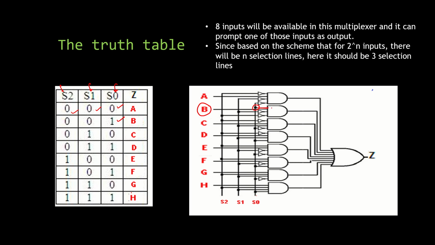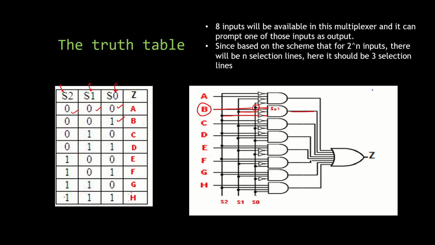You can see that here. It is not the inverted one. So S0 is 1. S1 I am taking inverted. You can see that here it is getting inverted. Similarly, I have S2 also inverted here. That's it. And B goes directly and B gets in as the output. Likewise, I need to draw for everything. We will go with the final one.